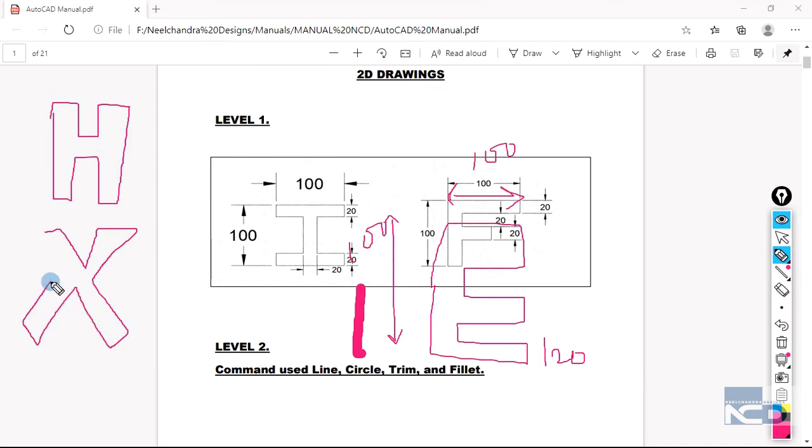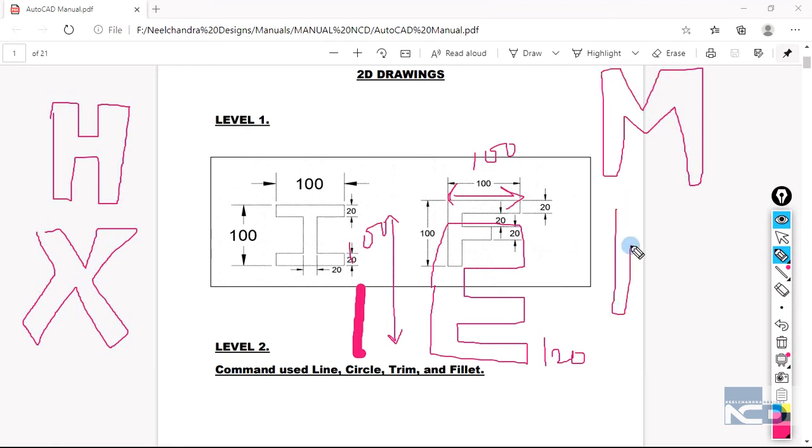And here also your height will be 100 and the thickness value will be 20. Then sections like M and N, and you can even write your own name if your name doesn't contain any curved sections. Like this A section, you just have to create it.